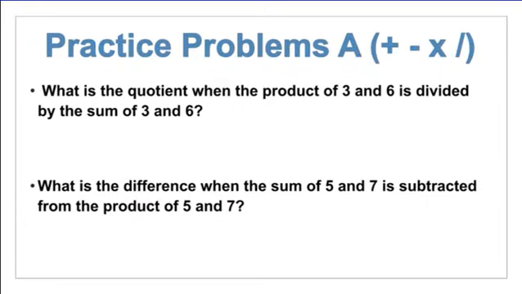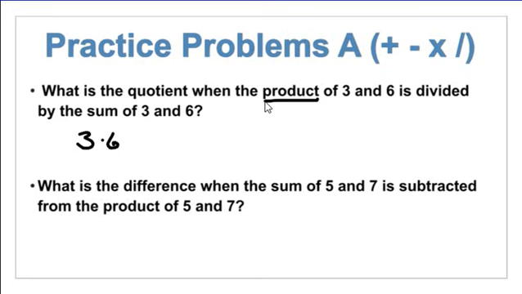Let's look at some examples here. What is the quotient when the product of 3 and 6 is divided by the sum of 3 and 6? So there's a lot of words in there. They're asking what is the quotient? That means what is the answer to a division problem? What am I dividing? Well, they say, what is the quotient when the product? Product means multiplication. What am I multiplying together? Well, it says the product of 3 and 6. So I'm going to write 3 times 6